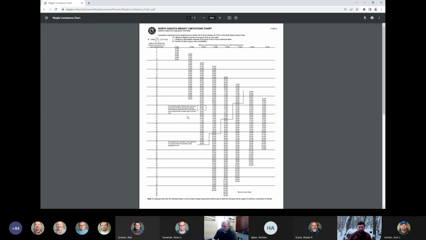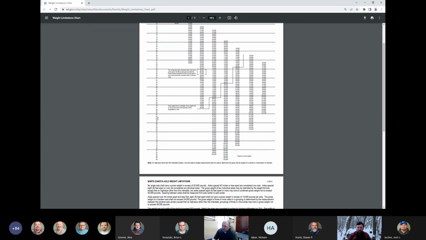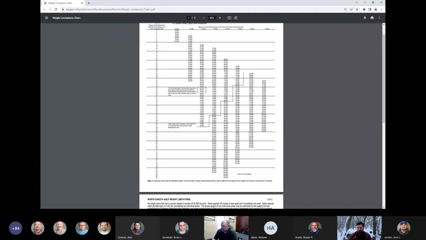You can take your measuring wheel and measure his bridge length. If his bridge length is 65 feet and he's got 7 axles, 98,000 pounds. So you run those two numbers, it should take you 3 minutes to do that. You look at his ticket. If his ticket is less than that, you put it on your clipboard, you're good to go. If he's over that, then that's where I think a call would be made to a contractor superintendent or your project manager